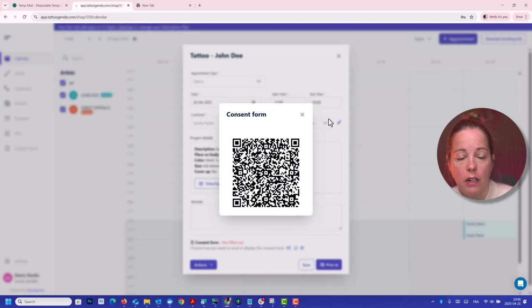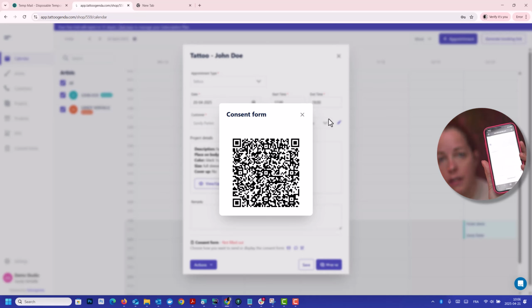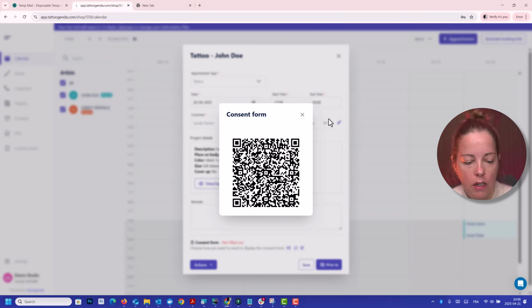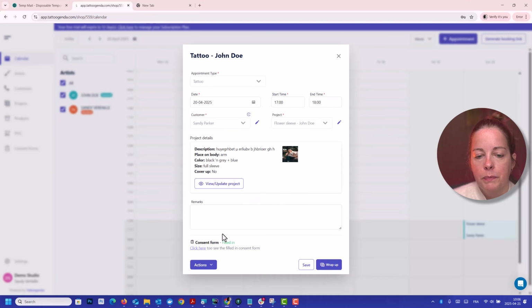Voila. Then your client has to sign digitally with their hand on their screen. They have to make a signature. Okay. So I will make my signature. I am at least 18 years old, and now I will give consent. And on my screen in the background, which is now blurred, you will see that the red not filled out label will change to a green one that says filled out. So I give consent. Voila. Now you see it has been filled out. You, the shop manager, see on your screen exactly when the customer signed and saved their consent form.